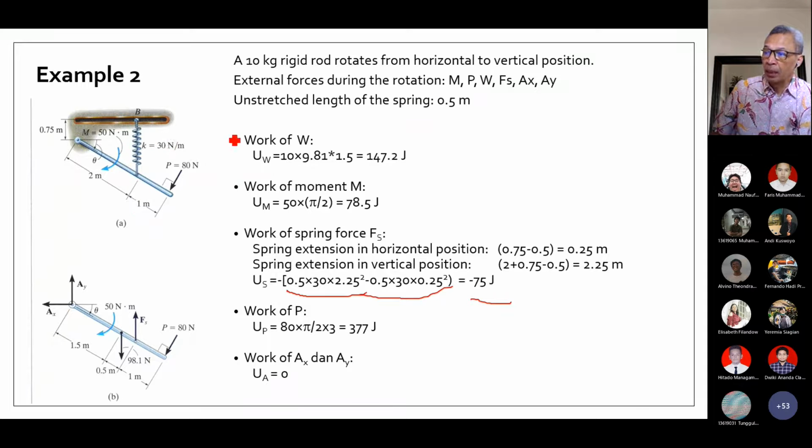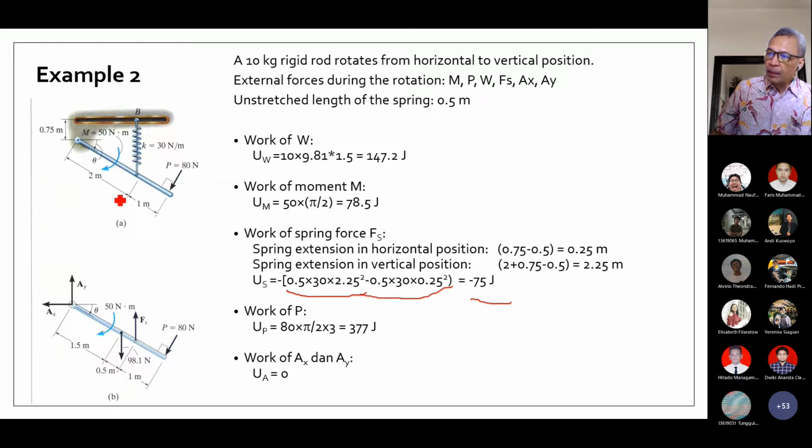Perpindahan yang dialami oleh batang ini adalah dari ketinggian di level sini menjadi ketinggian titik berat benda di level 1,5 meter di bawah titik ini. Karena panjang benda 3 meter, kita asumsikan batangnya homogen. Jadi tinggal kalikan F gaya berat dengan perpindahan dalam arah vertikal 1,5 meter, dapatnya sekian. Kalau benda berpindah ke atas, maka perpindahannya negatif karena arah gaya dan arah perpindahan itu berlawanan.